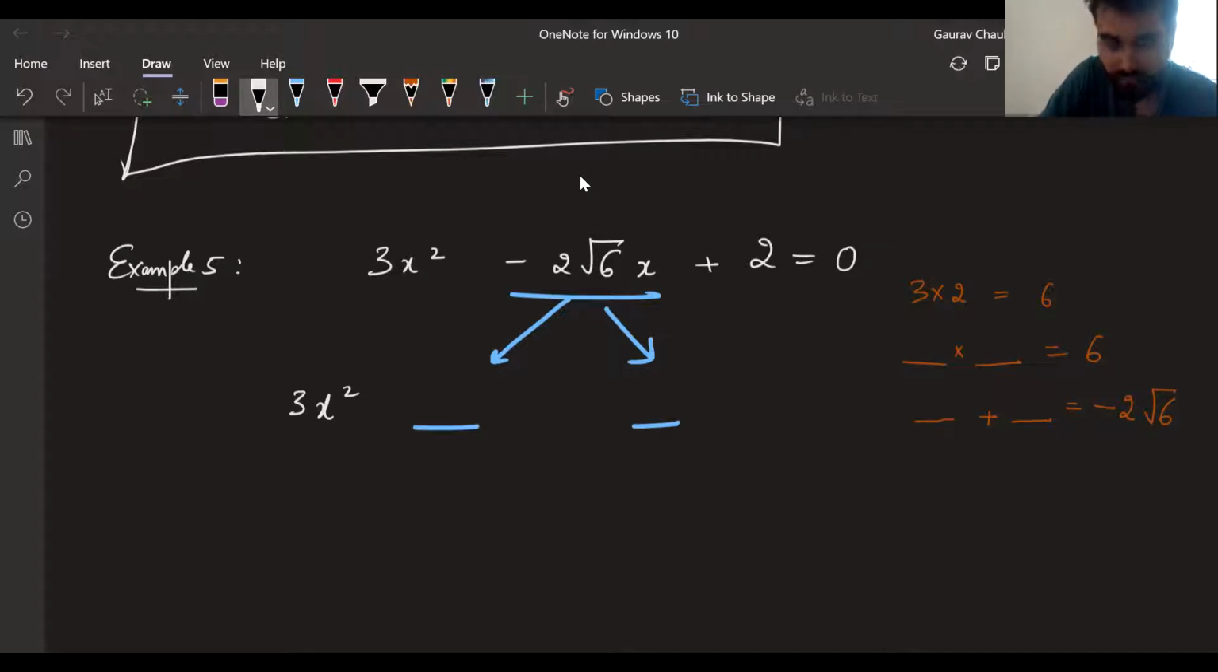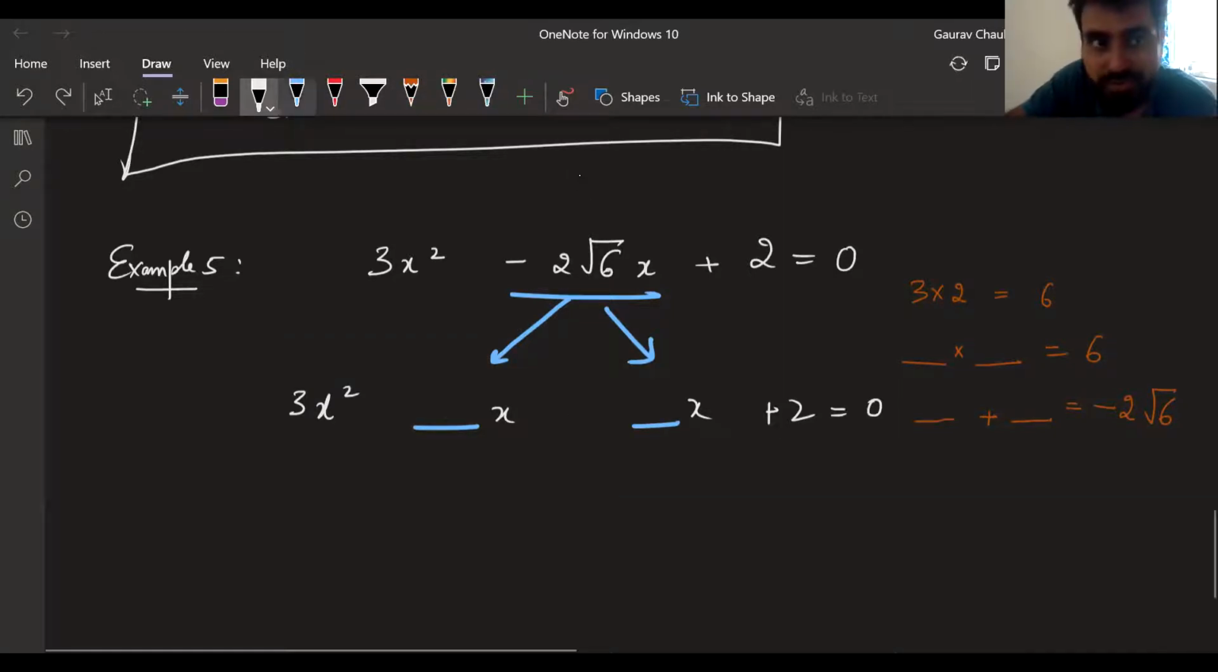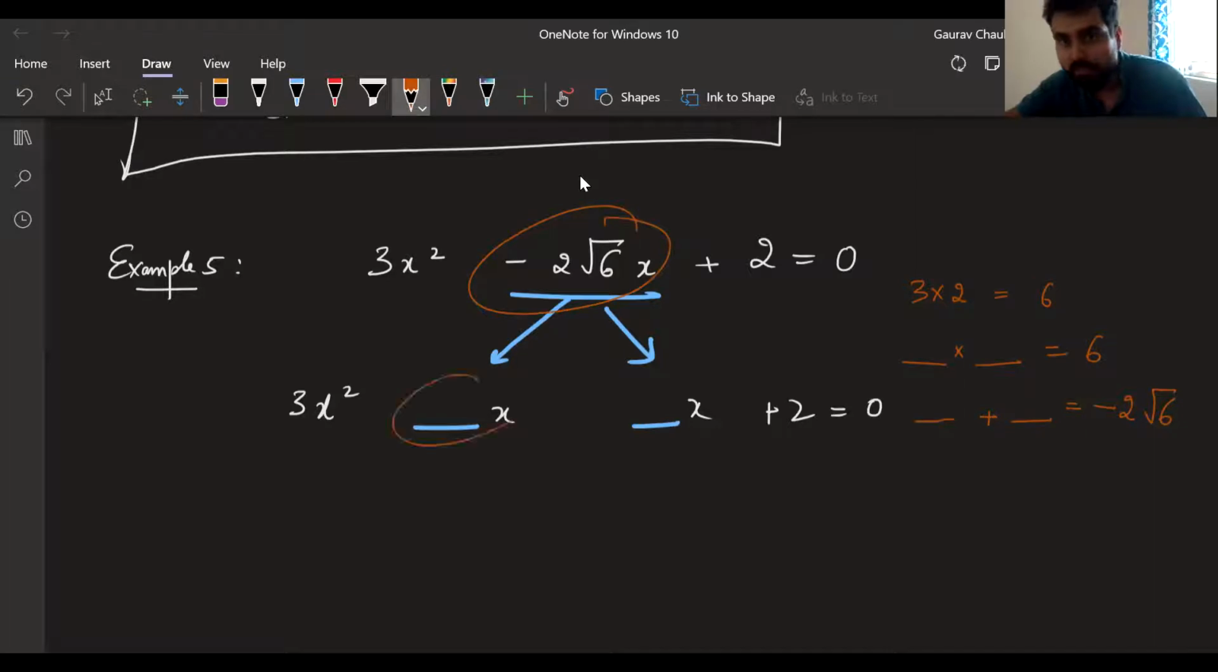Plus or minus, something will come here. Something x plus 2 equal to 0. Here plus or minus will come. Here also some plus or minus will come. I don't know what will come. We will find that we are splitting 2 root 6 into that particular two terms,